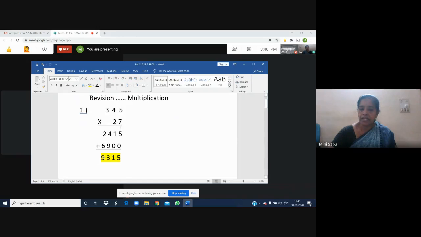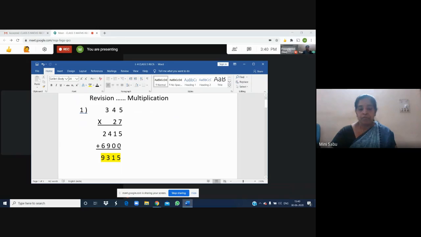which we multiply, if it is a 2-digit number, our multiplication will have 2 steps. If this is a 3-digit number, our multiplication will have 3 steps. Do you know why I said like this? Sometimes children do one step and forget the second step and stop it and consider this as the answer. It should not. So remember, if we multiply by a 2-digit number, our multiplication will have